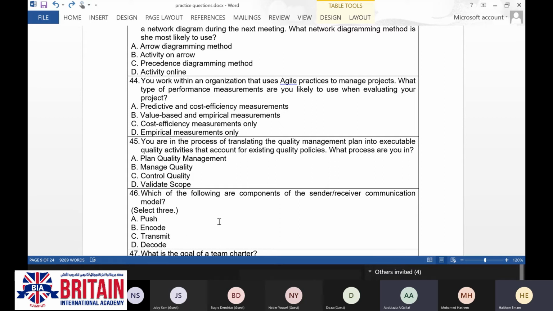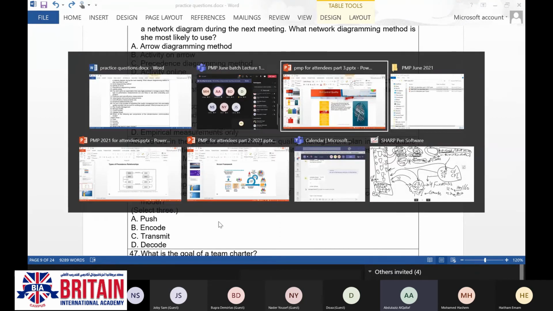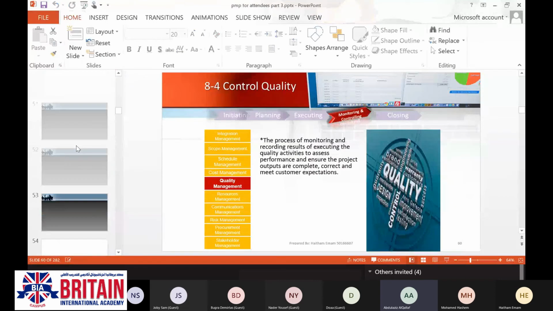So why have you not selected push? Push is another thing. It's only for when we have pull communication. If I want to send an email or information to the team without receiving any feedback, I push it.